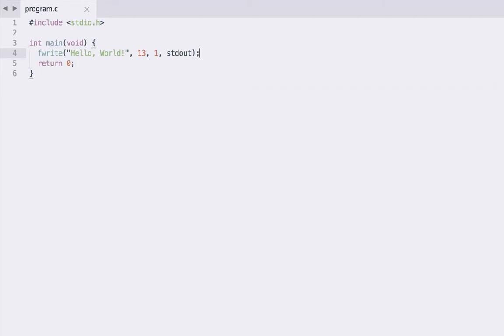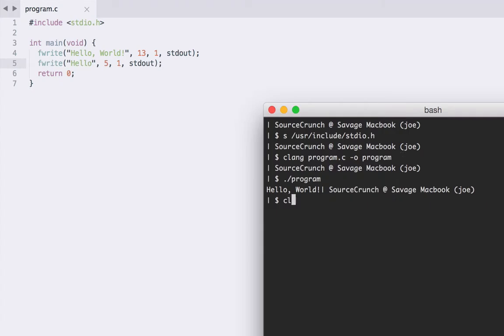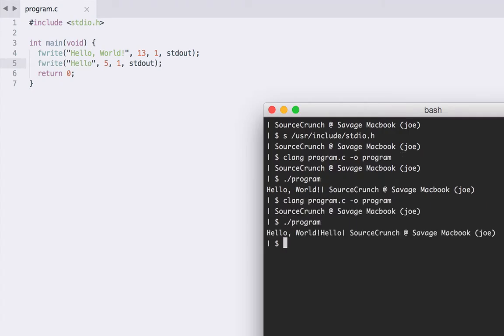Now, of course, we can call the function numerous times if you want. This is part of the beauty of having these named blocks of code. You can just call them whenever you like, with different values if you wish. So maybe this time we just want to output the text hello. And that is 5 characters long, and each one is still 1, and we still want to write to standard out. So we can recompile, we can rerun, and great, that works too, but these have outputted on the same